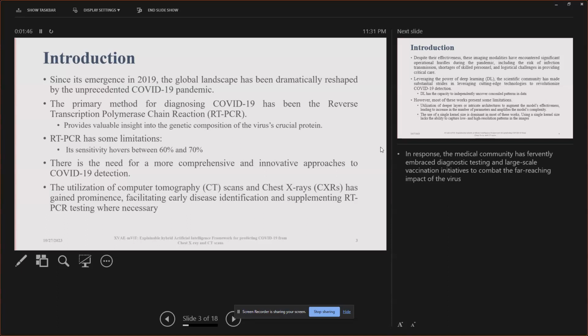But it has its own limitation. Its major limitation is that the sensitivity is really low, between 60% and 70%. So this means that we should come up with a more comprehensive and innovative approach to tackle the virus. Fortunately, we had two imaging modalities that supplemented the RT-PCR testing, which are computed tomography and X-rays. They are being used to facilitate the early detection or early discovery of